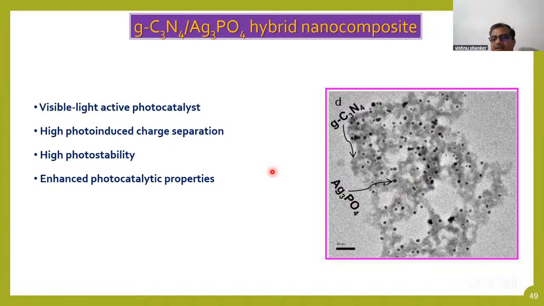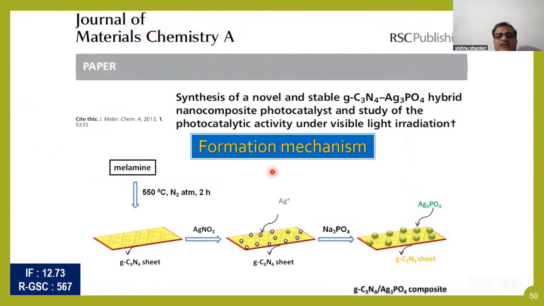And the activity becomes very high. As you see, the synthesis process is very simple. Graphitic C3N4 sheet is there, over it silver ion is deposited, and then an ion exchange takes place, forming silver phosphate. With this in situ method, the graphitic C3N4 silver phosphate nanocomposite is synthesized, and this works